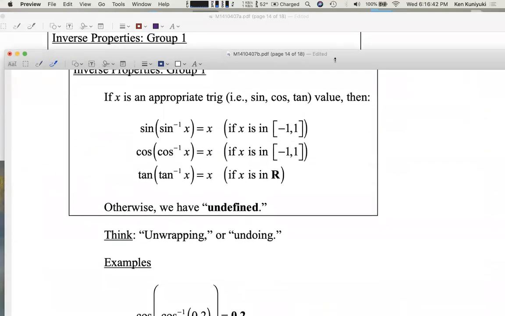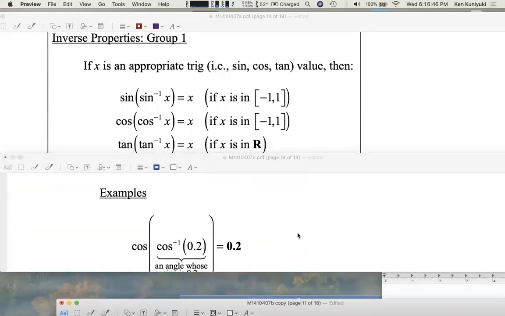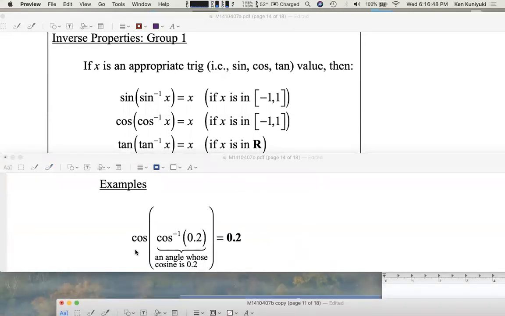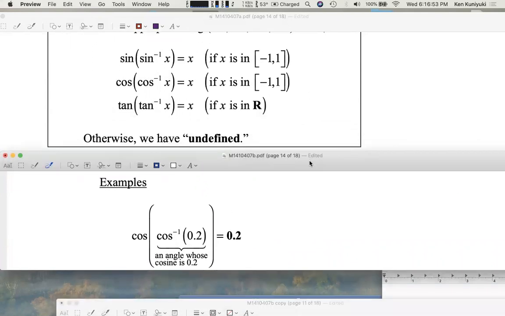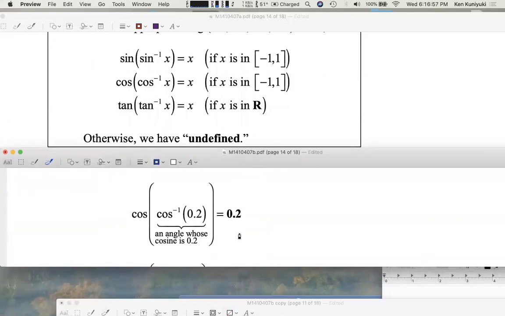All right, example. The cosine of the inverse cosine of 0.2. The answer will be 0.2 because the inside argument here, 0.2, is asking the outer function cosine,